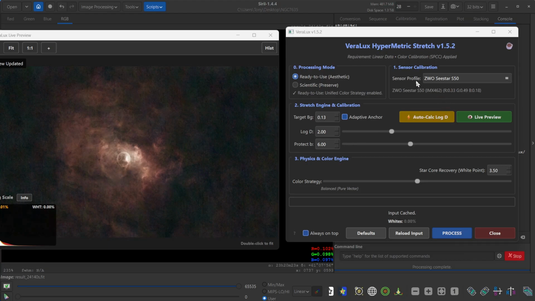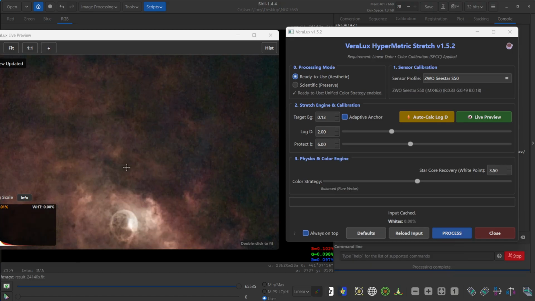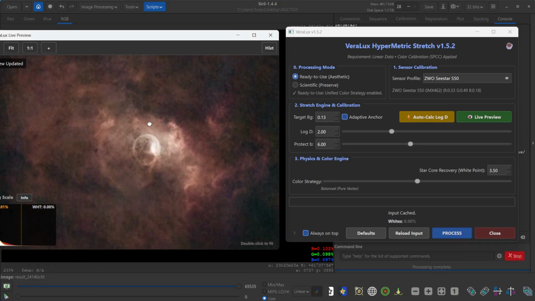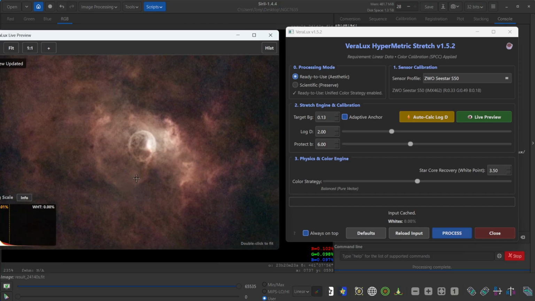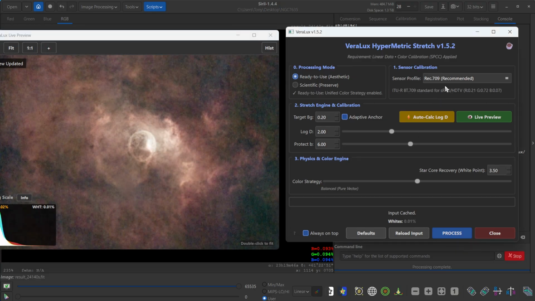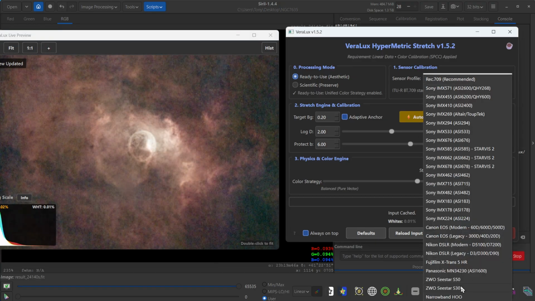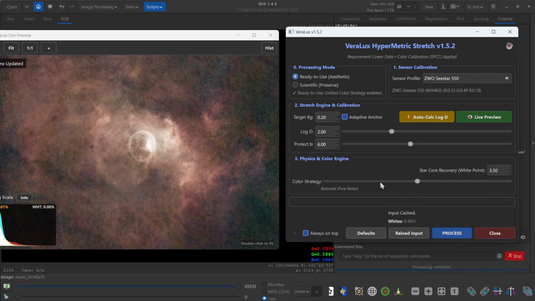You notice that in the sensor profile, it shows the Seestar S50. I can then zoom in using my mouse wheel again and drag using the left mouse button. This looks quite good to me, but I want to show you something. If I click defaults here, go back and select the S50,